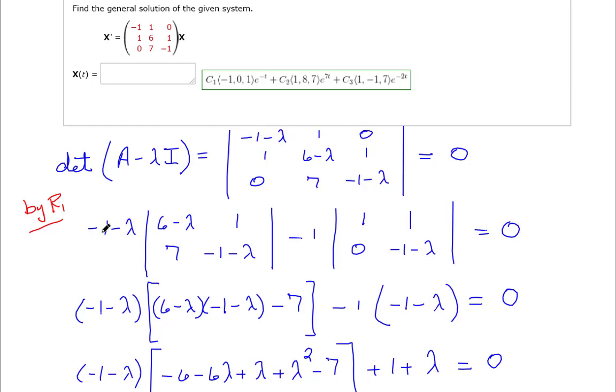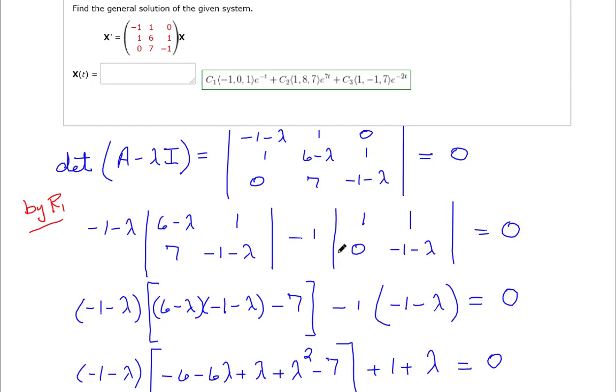So it's my first element times this cofactor in here. All right, this sub 2 by 2 determinant. And then because of this position, it's a minus 1, and times this subdeterminant. Now it's just a question of keeping track of everything. It's this one times the downward diagonal, minus 7, and then minus 1 times